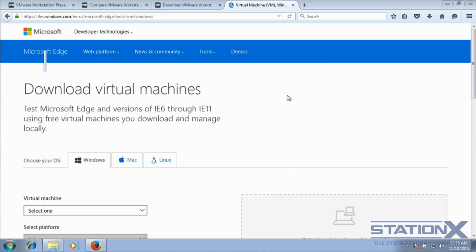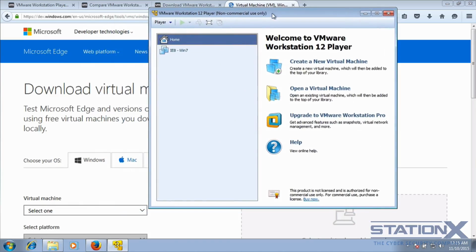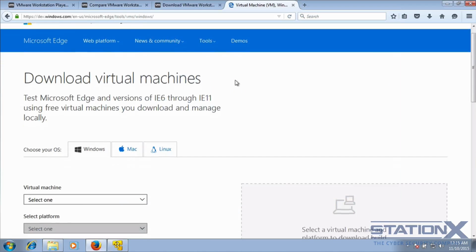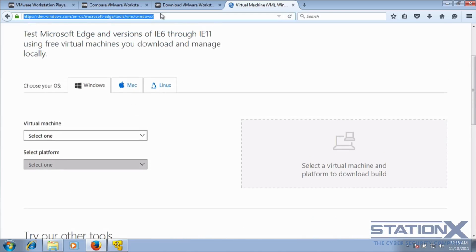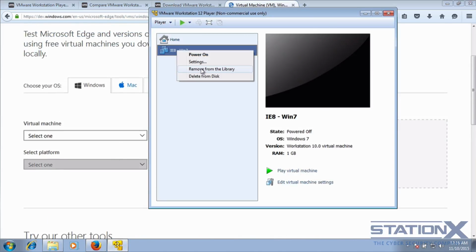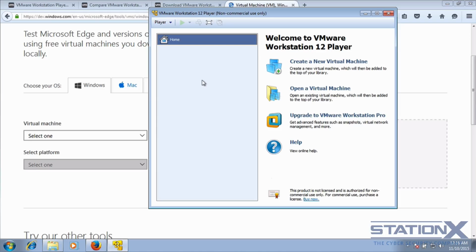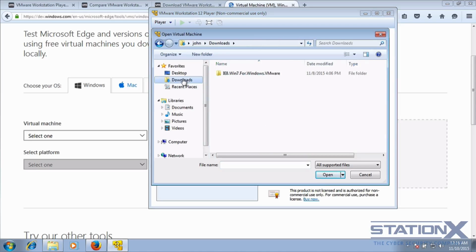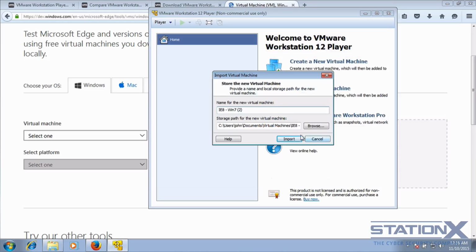There we have the player. And this one's picked up that I already have a Windows 7 virtual machine on here. That's because I went here while it was installing, and which I showed you before, selected Windows 7 operating system. Obviously I can pick any that I wanted. Let's remove this from the library and show you how I would add it. From this website I would want to open the virtual machine because it's given me a file in a format that requires me to open it. There's the file, OVF file, open,